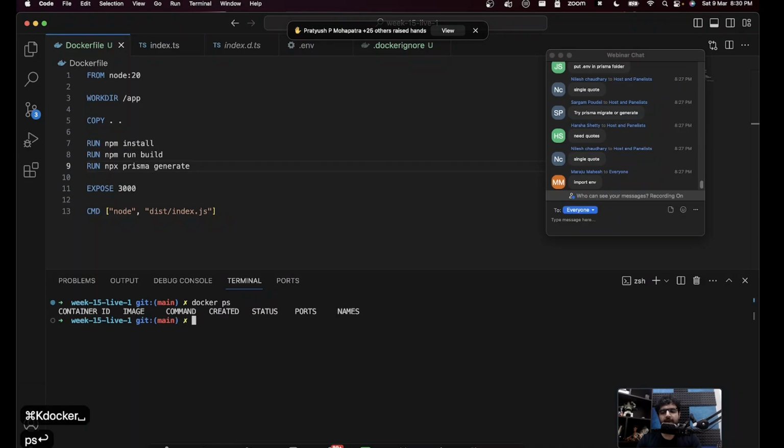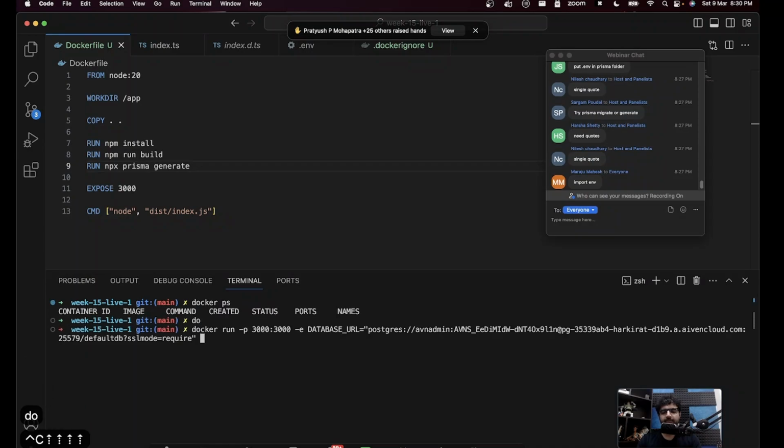Docker ps. So Docker run, port mapping, and then inject the environment variable over here. Do not have it in your image. If you start only the image without this injected environment variable, the POST endpoint for sign up will not work. It does not have access to the environment variable.